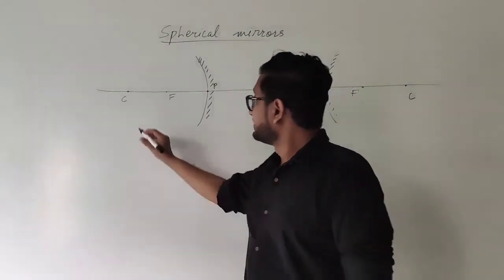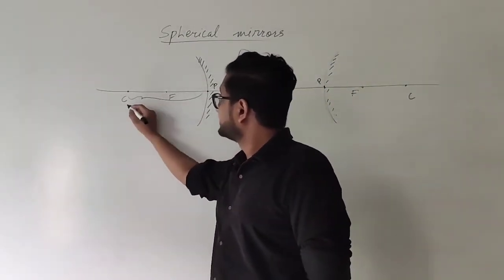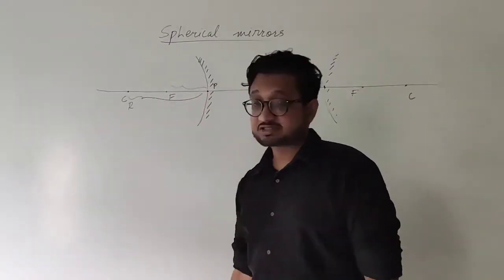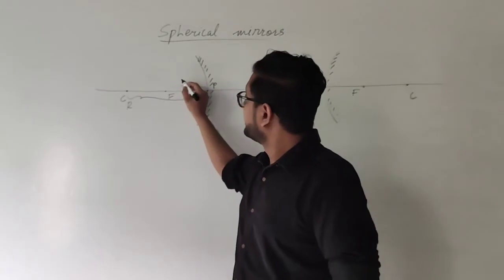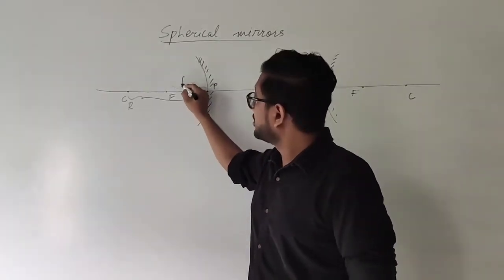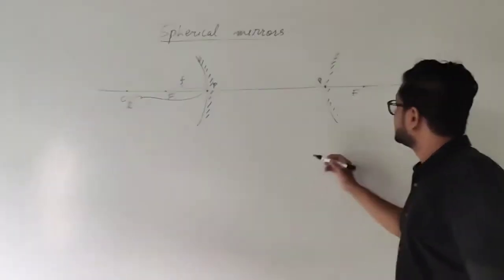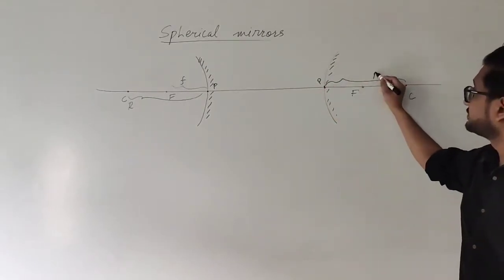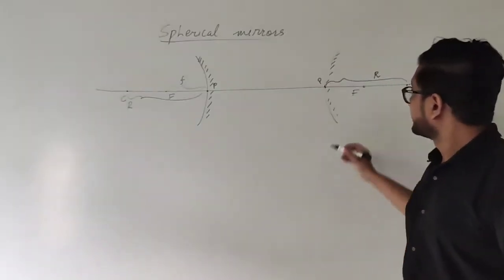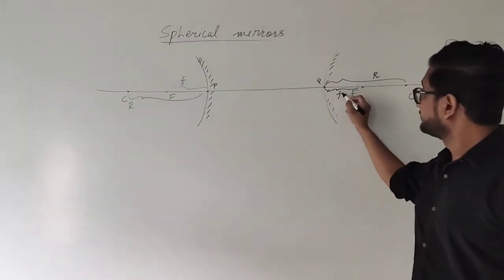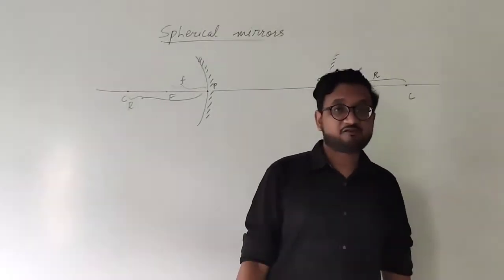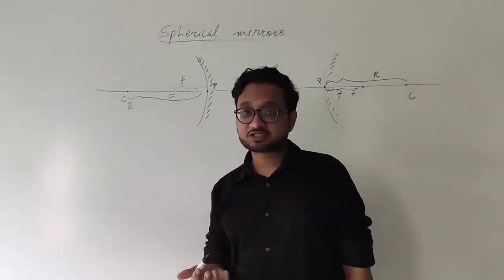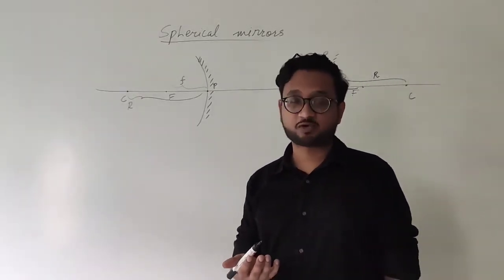Okay? We have this part, that is radius of curvature. Okay? This length, that is from focus to pole, that is focal length, given by the symbol small f. Okay? Similarly over here as well, this is from pole to center of curvature, we have radius of curvature, and from focus point to pole we have focal length. Still, if you are having any doubts, you can mention them in the comment section and I will be happy to answer. But once we start the image formation, it will be much more clearer for you.